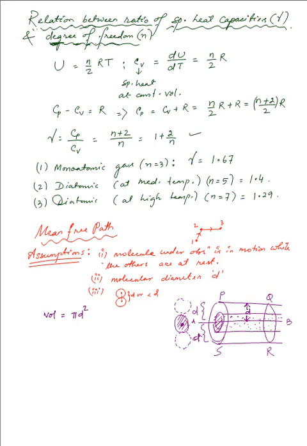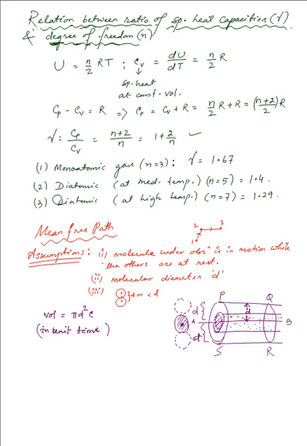Now the distance that it will take is equal to c, because c is its speed, in 1 second. So this is the volume that it travels in unit time. So we are considering the volume of the cylinder in unit time, and that volume is obviously equal to the length, that is equal to the speed of the given molecule, times the cross-sectional area. Now the number of molecules that will be contained within that given volume will be equal